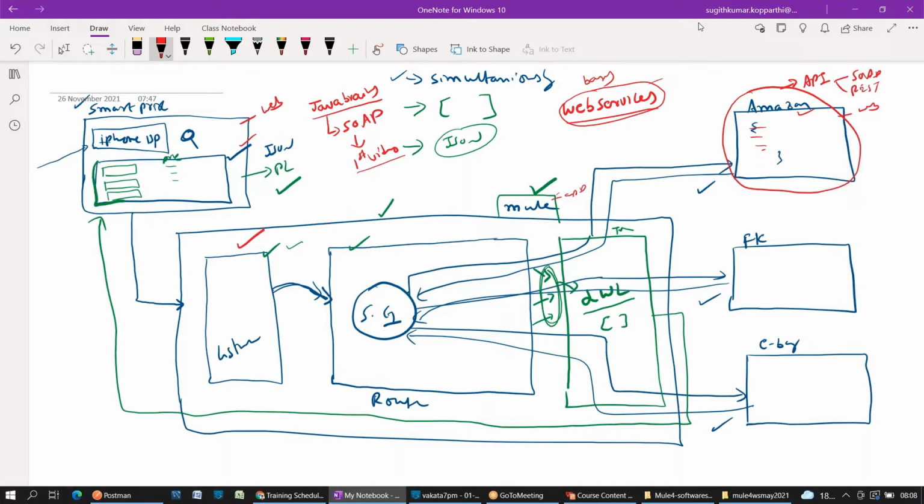Now, what are the web services? Two types, SOAP and REST. By using these two web services, when you are developing any application, that application's service can be exposed as an API. So why is an API required? To expose services in a universal language. Anyone can understand that particular service and consume it by using that API.